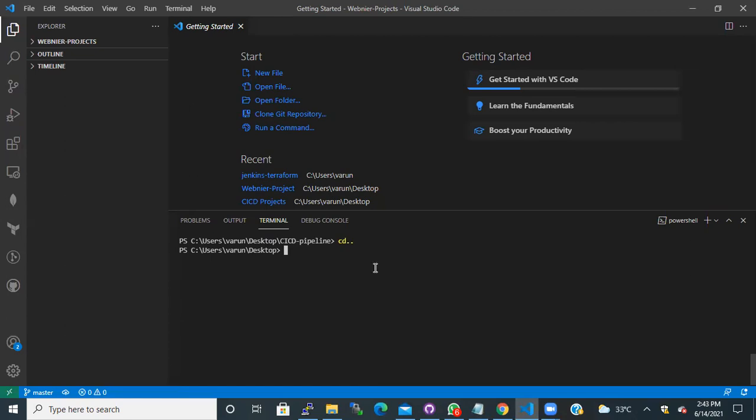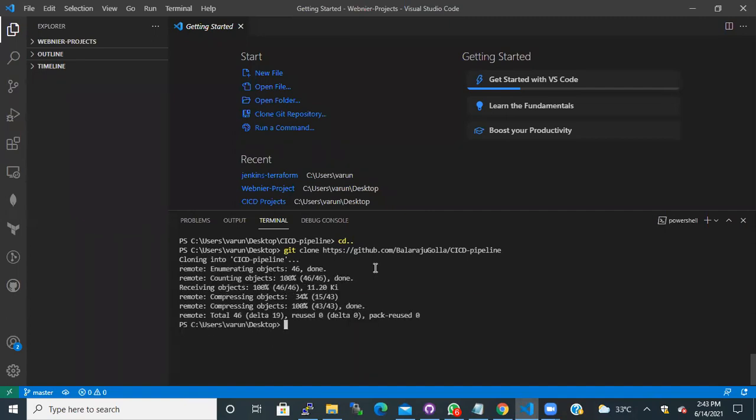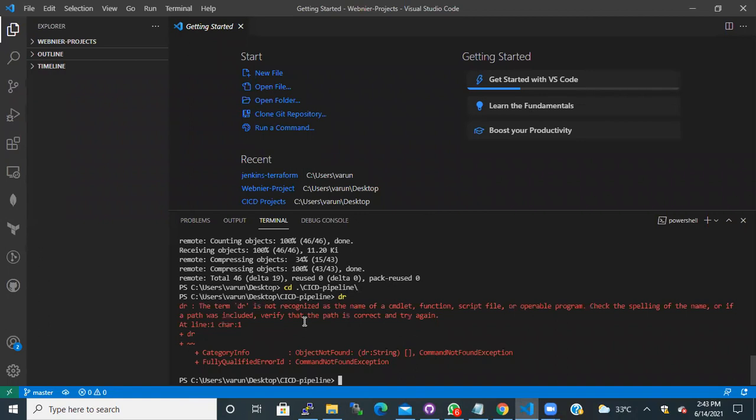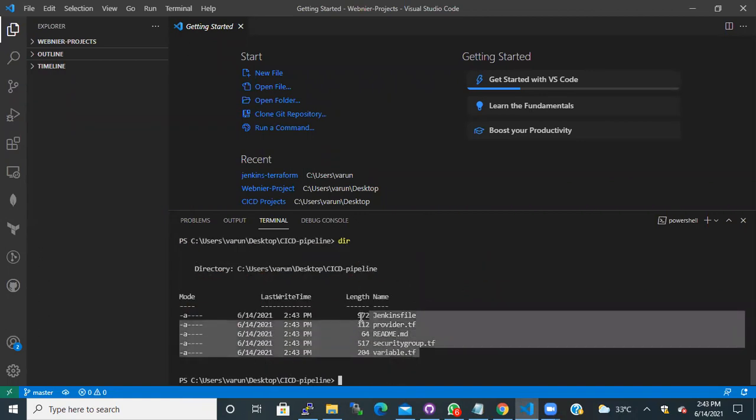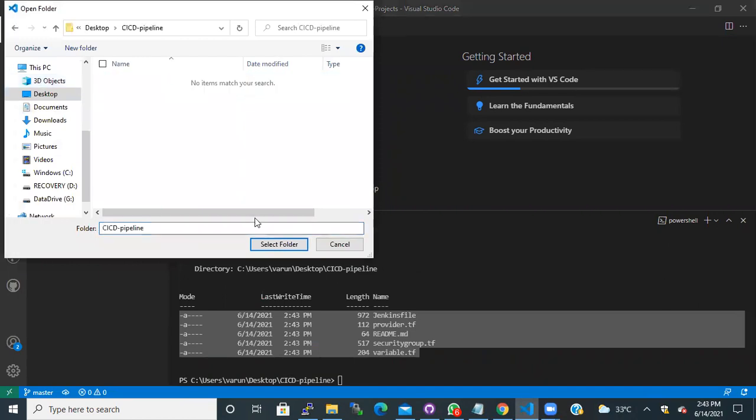Now I'll just clone. Git clone. It's getting cloned from GitHub. And if you see, it's already cloned into the CI/CD pipeline directory, and ls. So I have all the files that are cloned from GitHub. Okay, and what I'll do, I'll come here, open the folder. This is my working directory on the local machine.